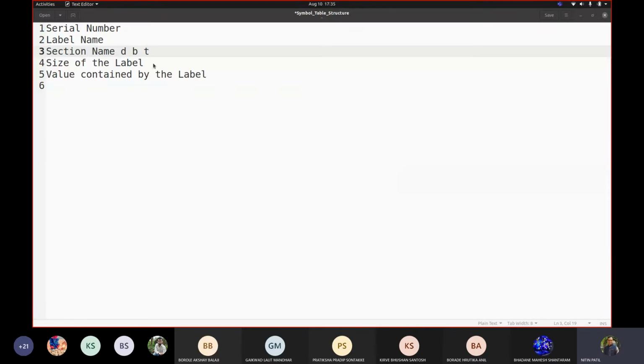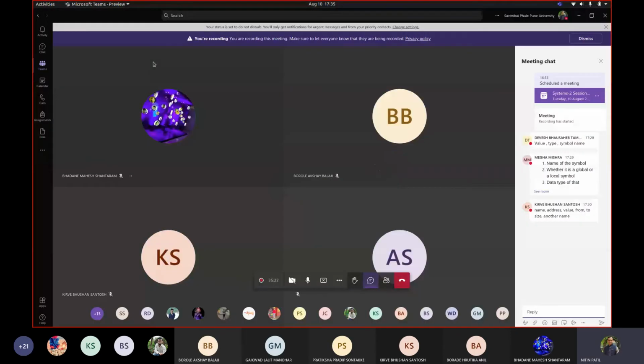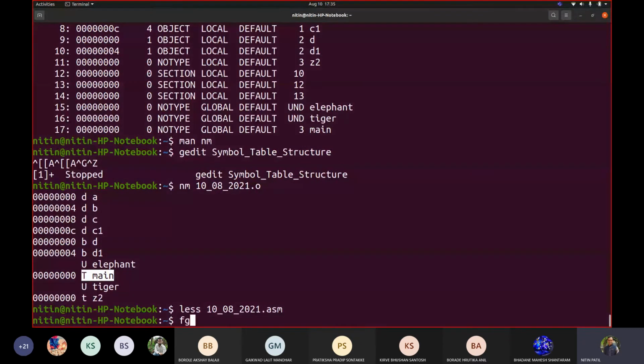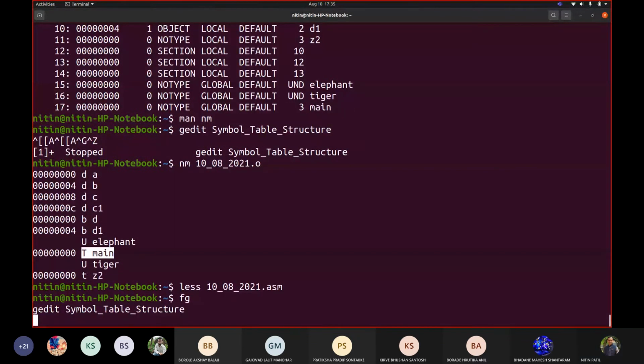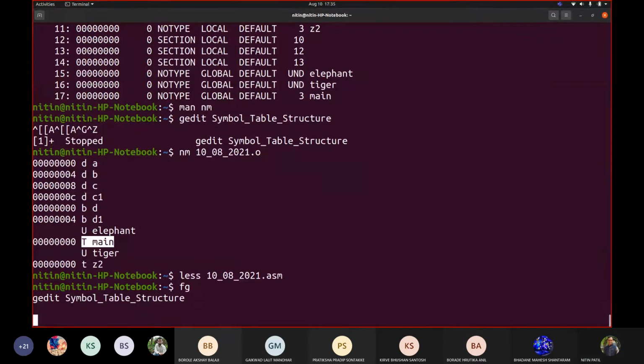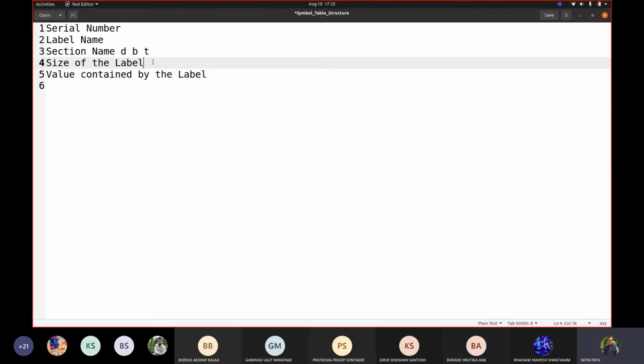It got stuck, so let me go back. We want another value to be capital T, capital U.